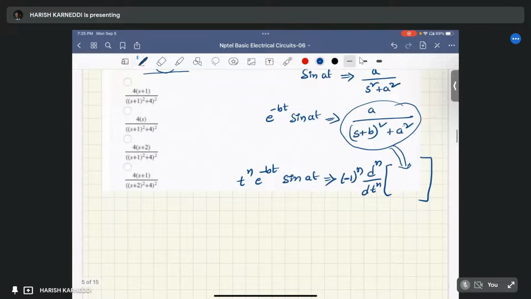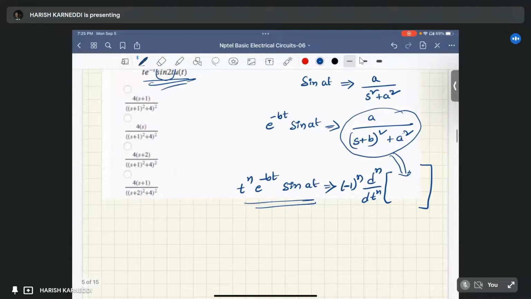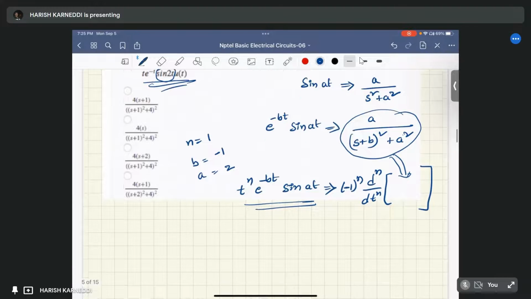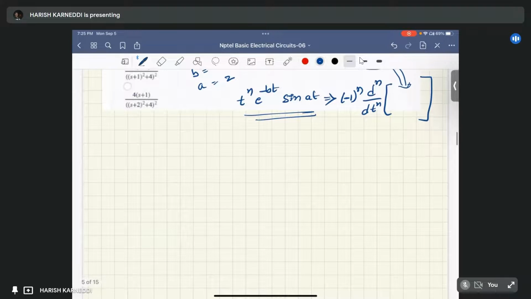Similarly, this is the same form as this thing. Here, the term n equals 1, the term b equals minus 1, and the term a equals 2. I'm just rearranging those things. It equals minus 1 by 1 d by